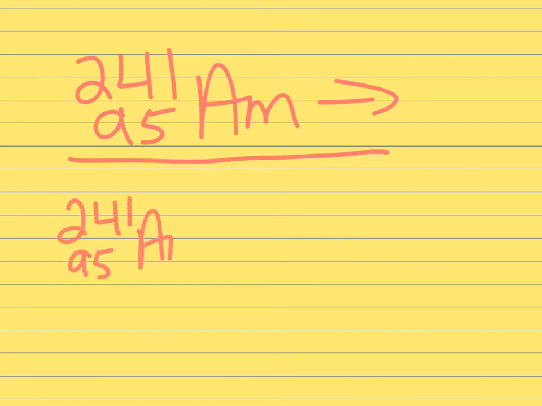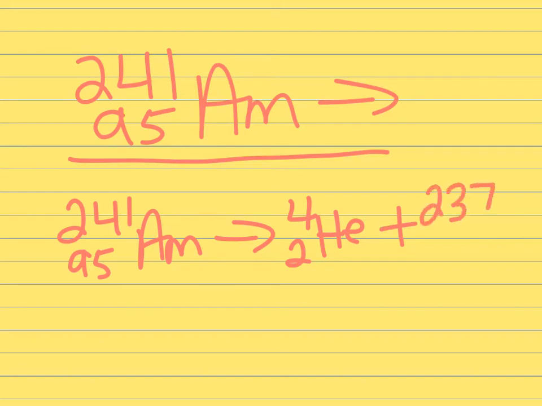When we look at a written nuclear reaction, we see what's called the parent isotope, which is what we're starting with. So I've got my americium as my parent, and I tell you it goes through alpha decay. Alpha decay is the release of a helium nucleus. That means that the daughter substance would be